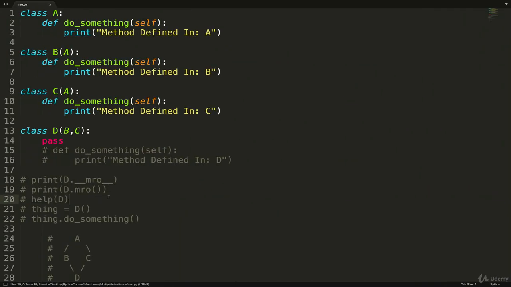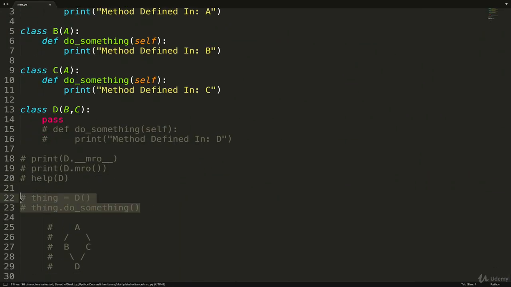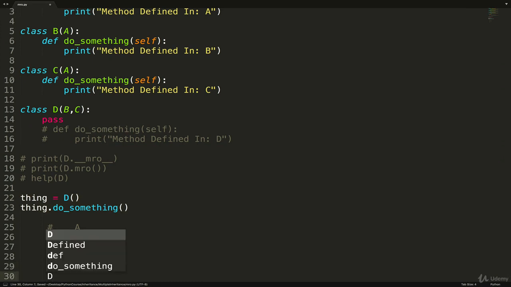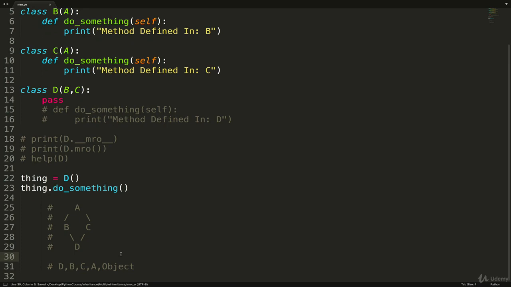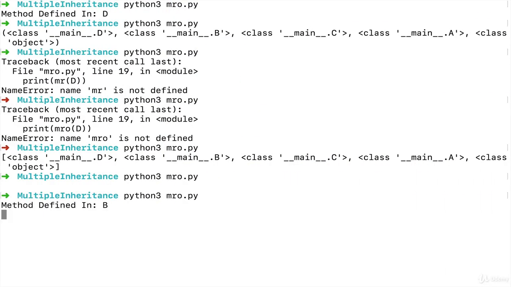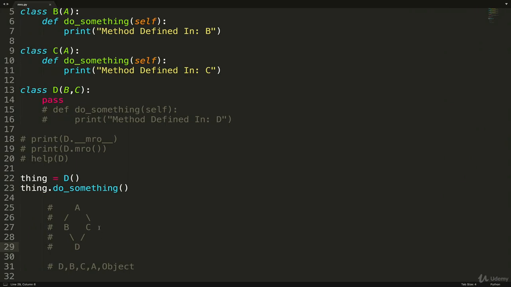Let's go back. I'll leave those three commented out. And if we go here again, we saw it was D, B, C, A, object. Comment that out just so we have that if you're looking at the notes. So now, if I run this, we get method defined in B, which makes sense.